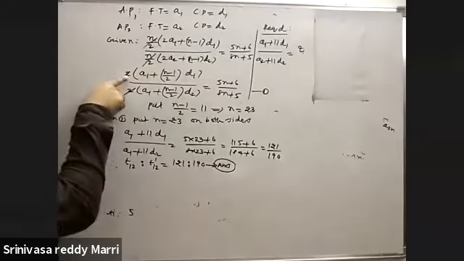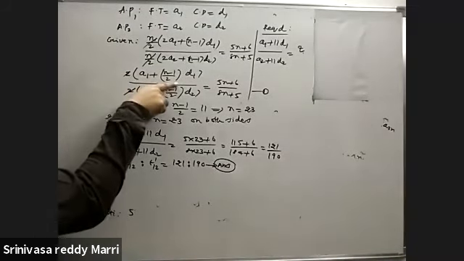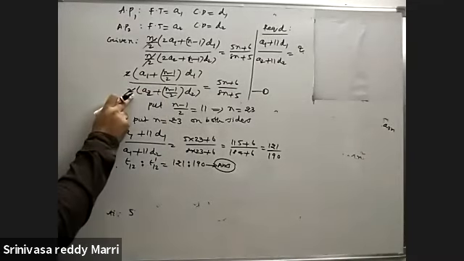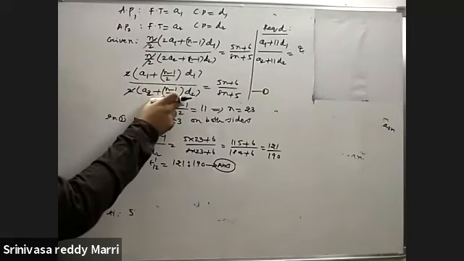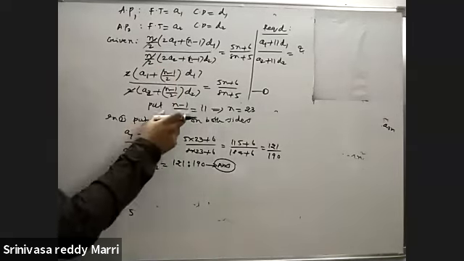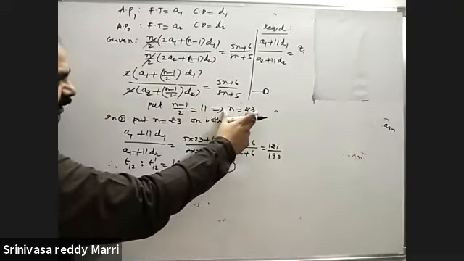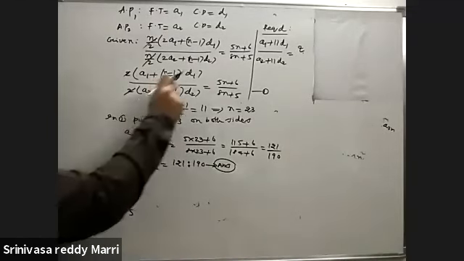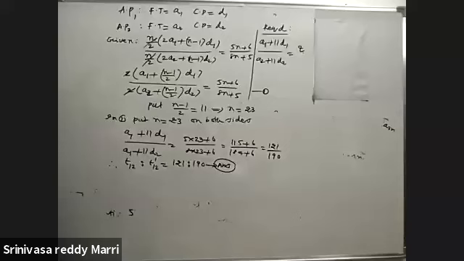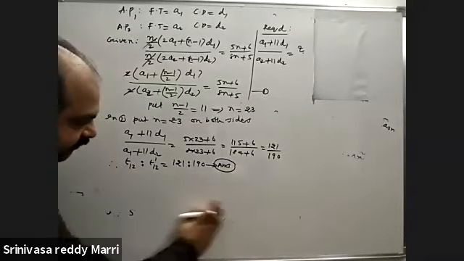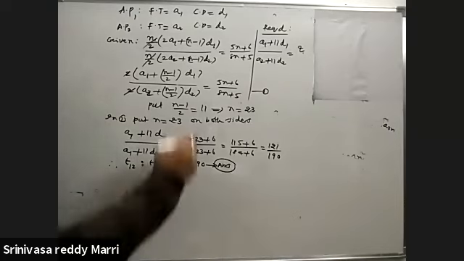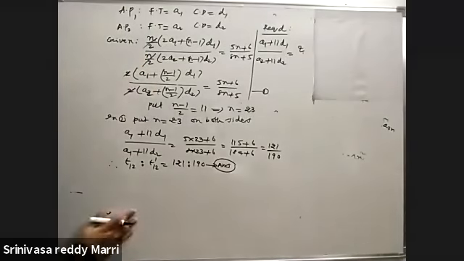So A1 coefficient, make 1, take common 2. Here A2 coefficient, make 1, take common 2. Now look here, you have to get 11. Same term is there. That means choose this as 11 and calculate n. In both sides of 1, you substitute n equal 23. Then the left hand side you will get this, and the right hand side will be your answer. So that is the required ratio. For all these type of problems, where the ratio of sums of n terms is given, and they ask the ratio of the terms, this is the approach.